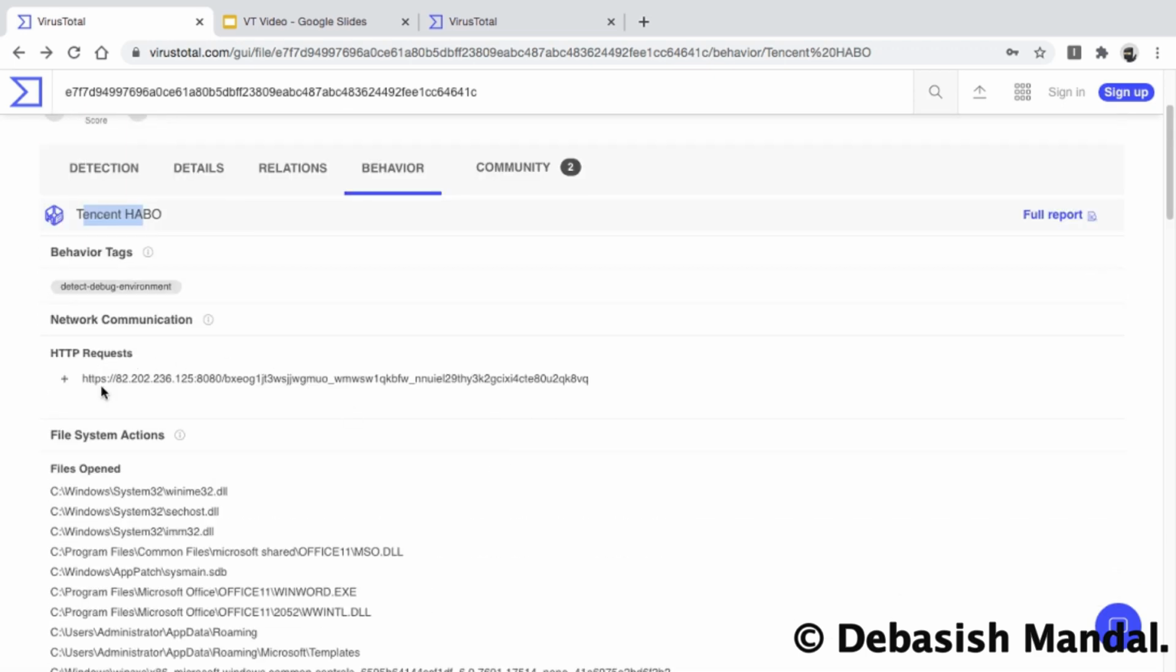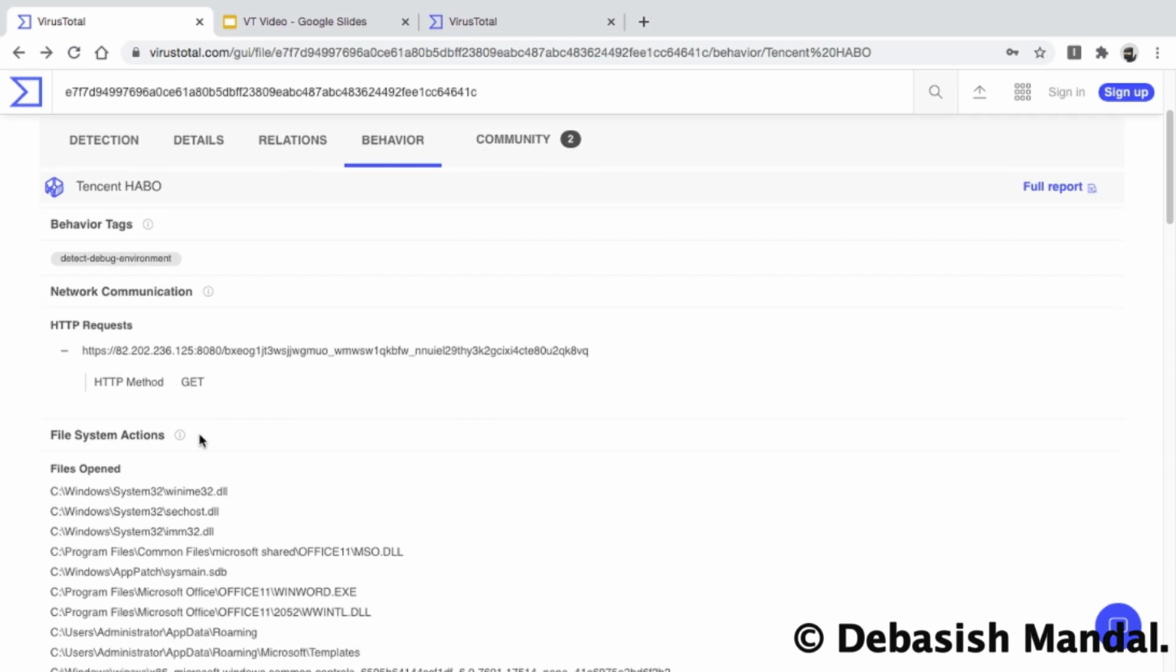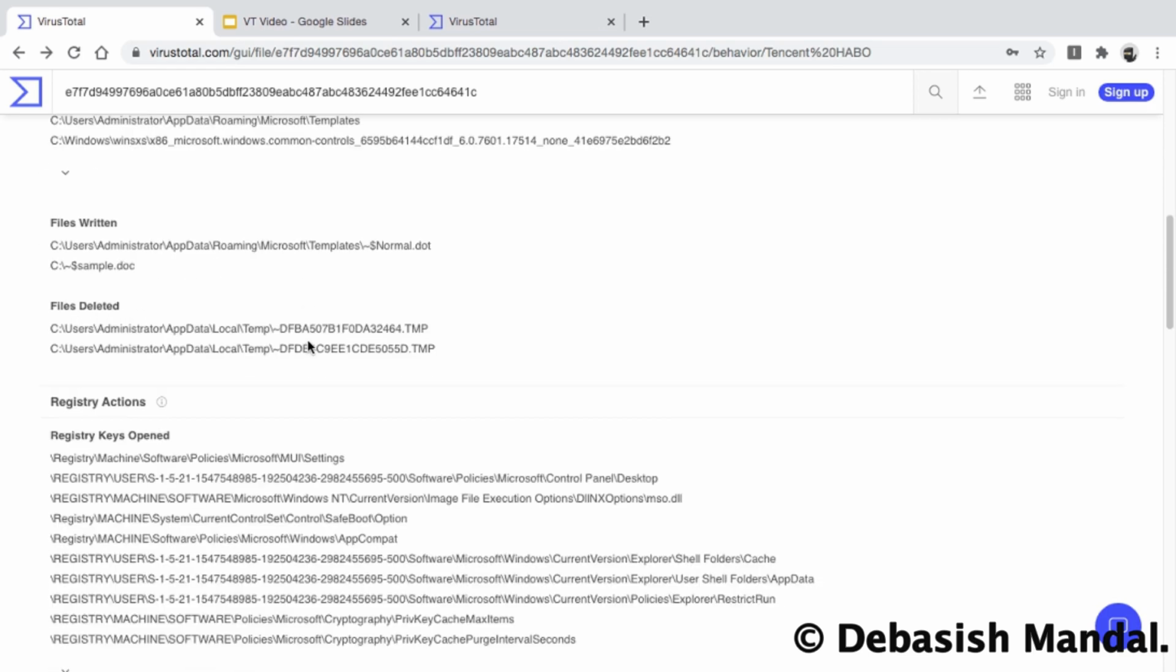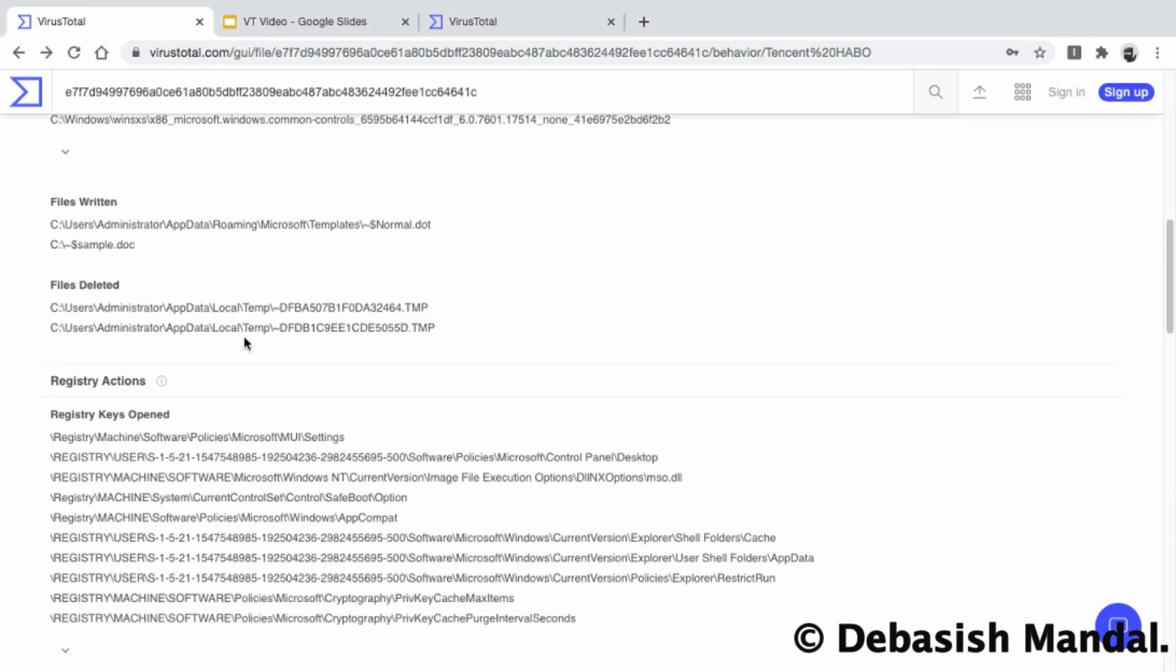So after the file was launched, as you can see, this particular HTTP request was sent to this particular server, this particular IP address. It was an HTTP GET method, and that particular file was accessing these DLL files from the disk, and the following files were dropped. As you can see, the Administrator AppData Roaming Microsoft Templates normal.dot file was dropped, and sample.doc was also dropped at the disk. And after that, we can see that this sample also deleted a couple of files from the temporary